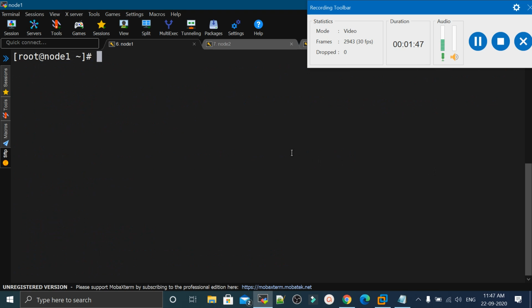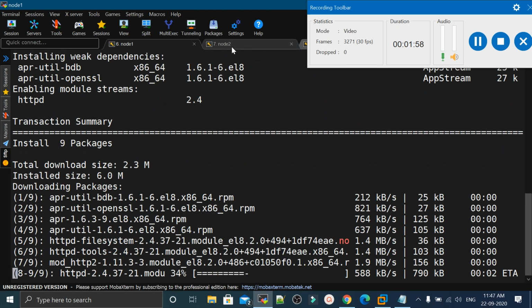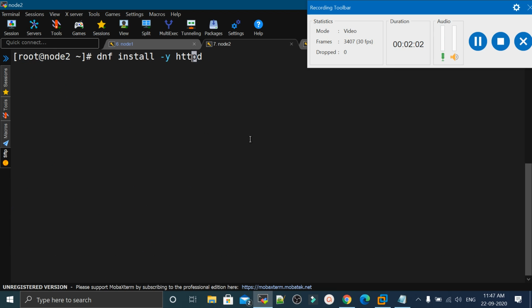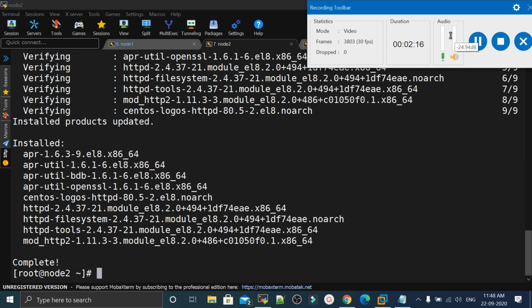install Apache on both the nodes. So we will use the dnf or yum install -y httpd command. The same command we will use on node 2 as well. And it will hardly take 20 to 30 seconds to download and install the packages. Once the packages are installed on both the nodes, we will